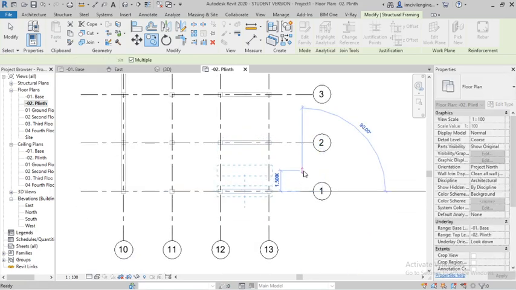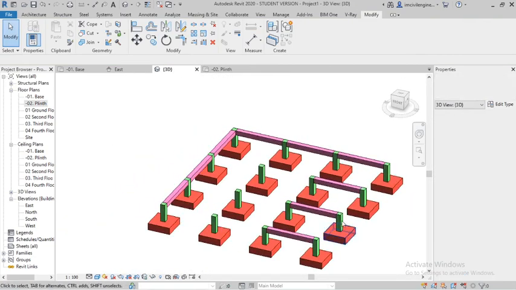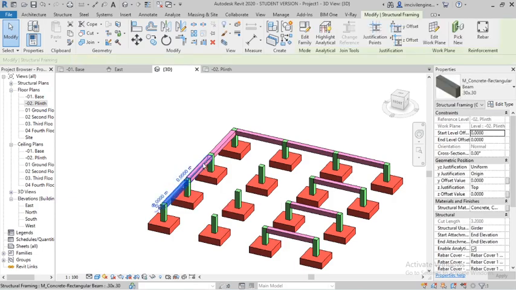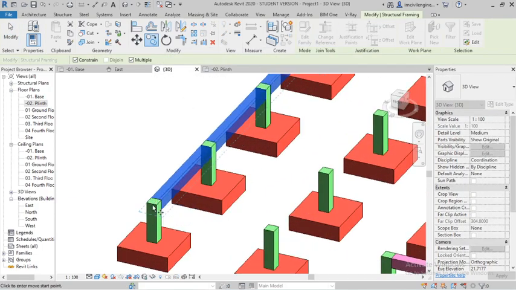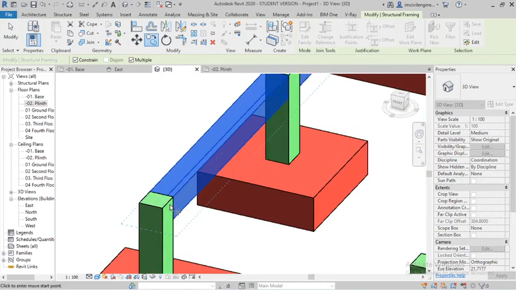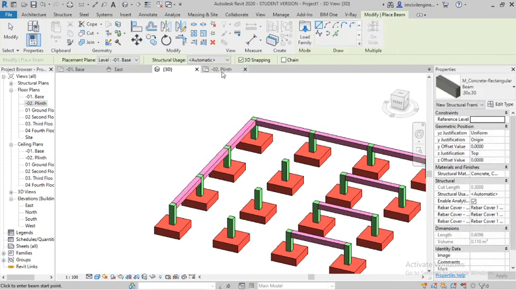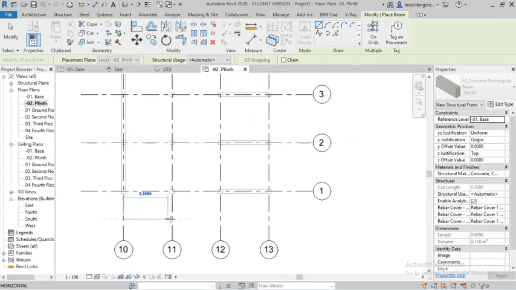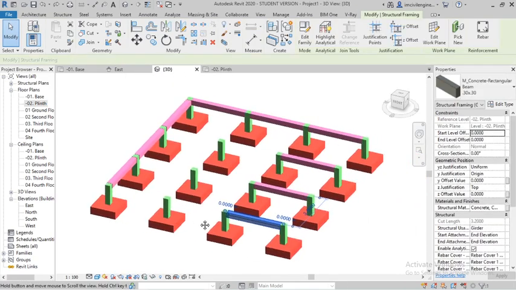So you can see the 3D view. Then copy. I will copy from here also. Enter, from here to here. Go to 3D. Again do the same.